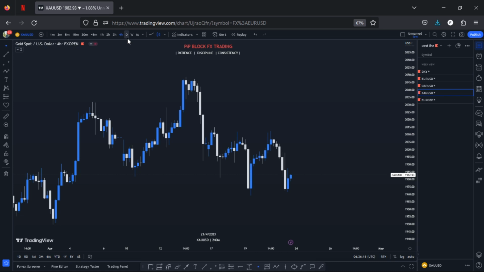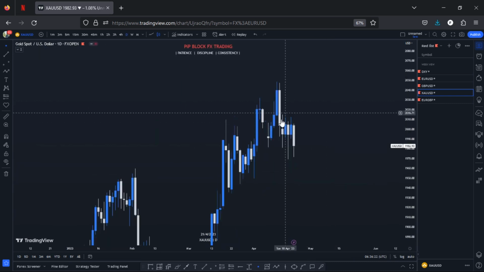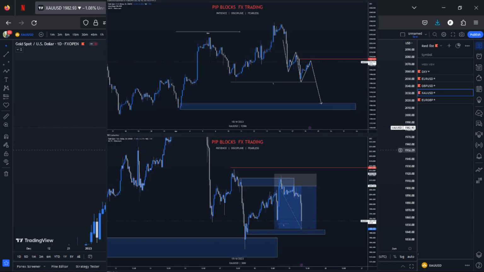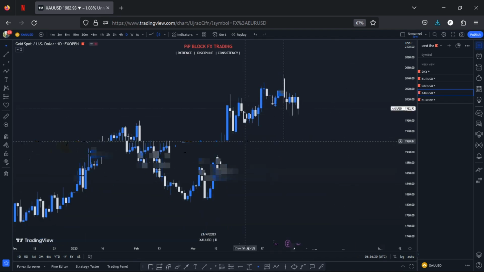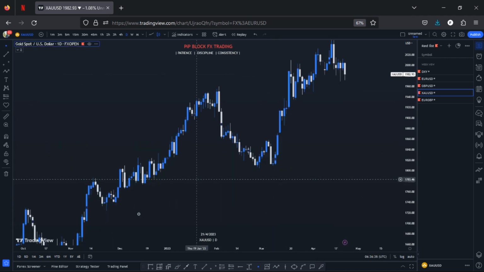Now let's go to gold. What do I have in gold? With gold, I think we gave some free setups on gold for some sells, which gave us about 200-300 pips or so in the free Telegram channel. But let's see what we'll be expecting for this coming week. As you can also see, gold has been very bullish.